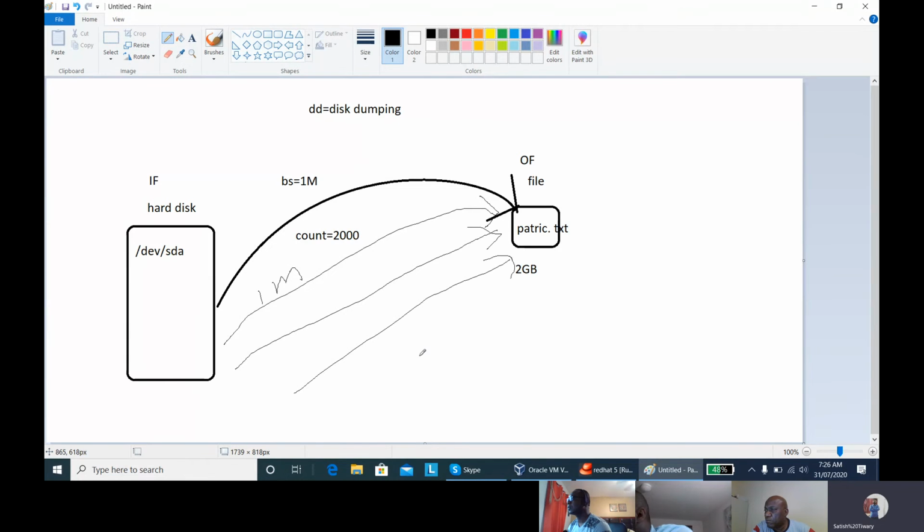And how many times are we taking this data? 2000 times or 3000 times. Are you getting me? Any more questions? Because the output file is 2 GB, that's why we are taking 2000.